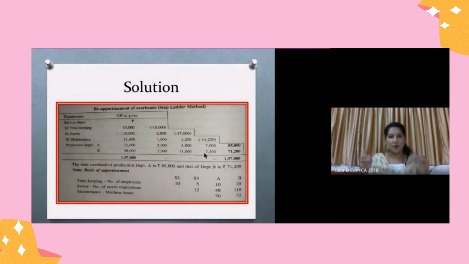The total overhead redistributed, that is secondary distribution summary of A and B, gives 85,200. That's nothing but the total of all the expenses shared between them. Same in the case of B, it is the total of all the expenses shared between them, which is 71,200. And we just have to write the total at the end. And this is just for the purpose of verification. Had we shared all the expense, the overhead at the initial would be the same as the overhead distributed to A and B. The amount will be similar, like 1,57,000 and 1,57,000. That's actually rechecking whether we have done the right thing.